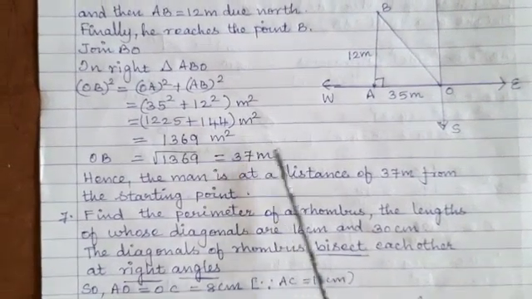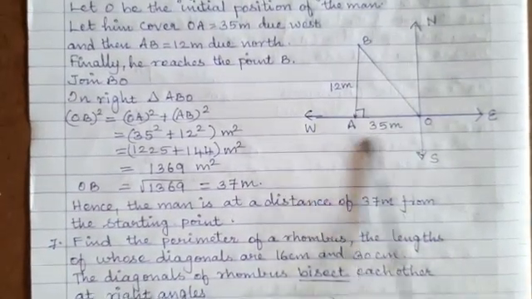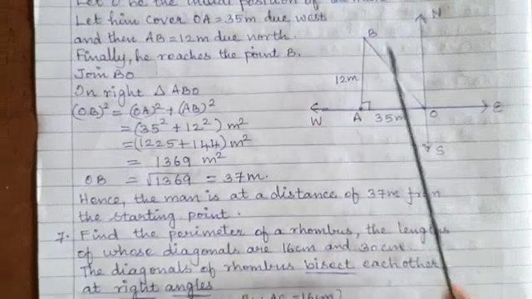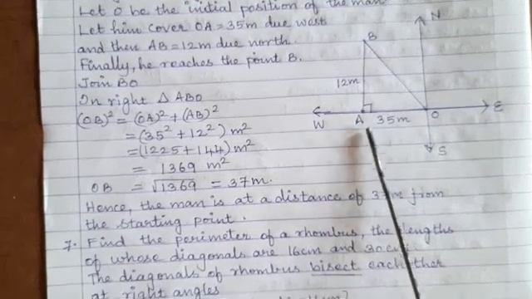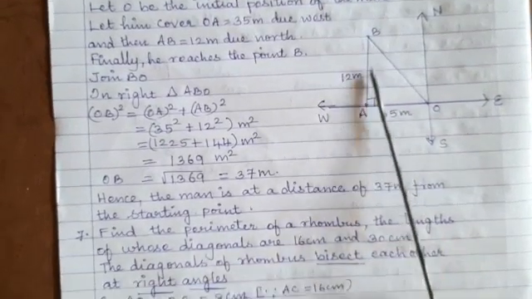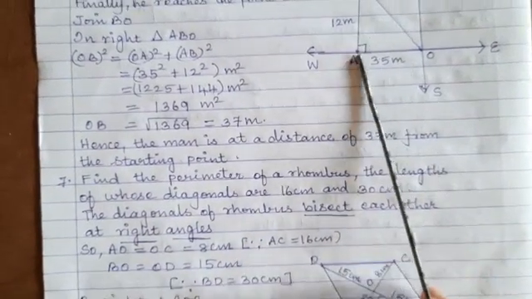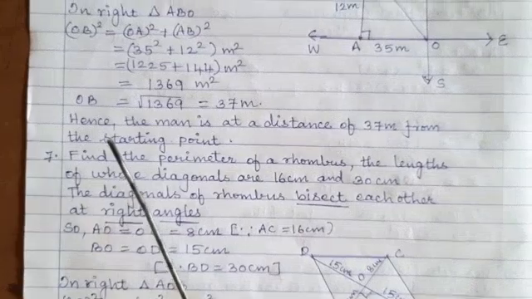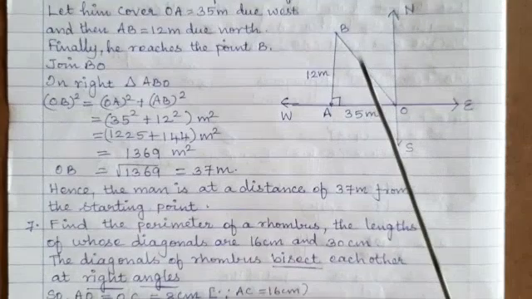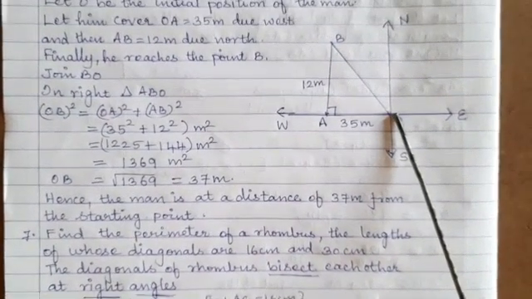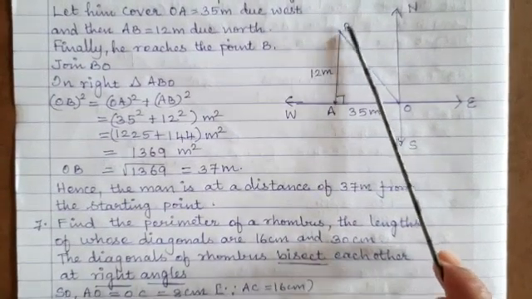In these questions, first you have to draw the four directions, and according to the question how he is moving, west side, east side, like this you have to draw it, and then from there he is going upside, that means north side, that is a perpendicular towards north. Then we will make a right angle where it is, then you have to find out which side is the hypotenuse. Hence the man is at a distance of 37 meter from the starting point. So from here, this is the starting point, and he is standing at a distance of 37 meter.